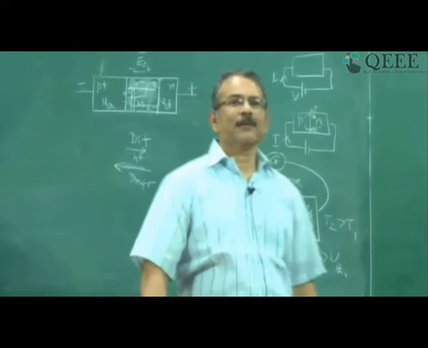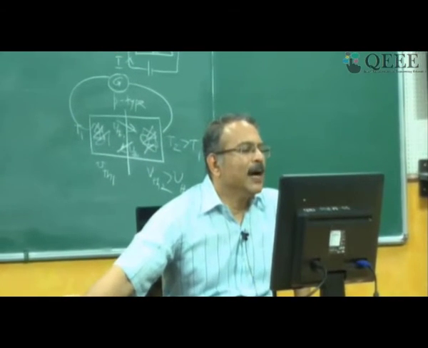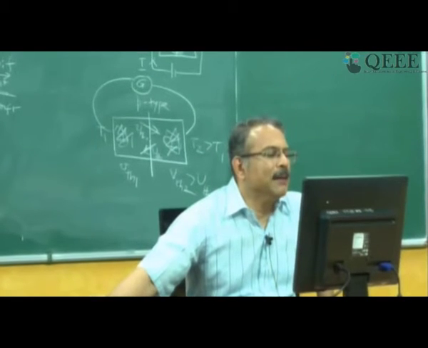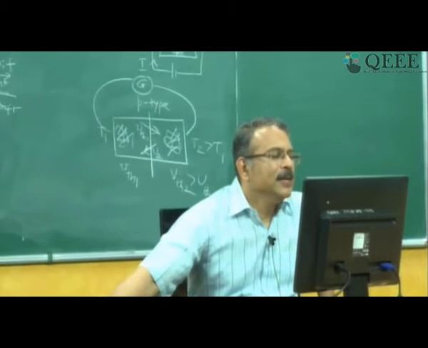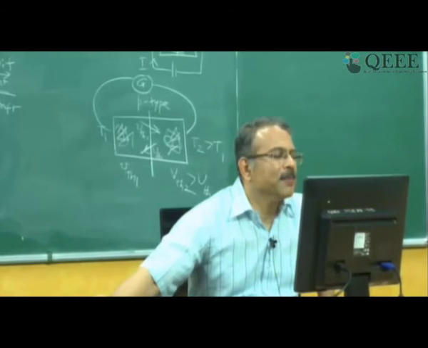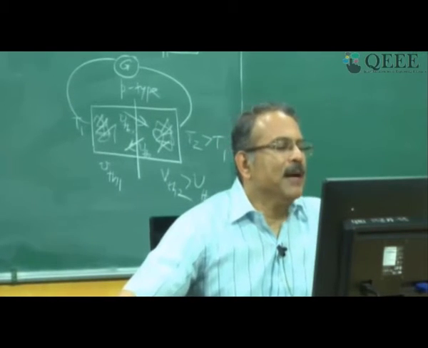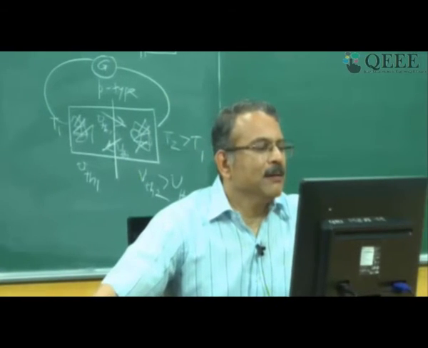Any other questions? Let us see. Sir, can you explain why majority carrier lifetime is more than minority carrier lifetime? That is one question. Next question is, what is the noise associated with the motion collision of electrons? Next question is, sir, can you explain once more how majority carrier lifetime is more? Okay, that I will. Sir, we are from Sri Vidyaniketan College of Engineering, Tirupati. My question is, why is the mobility of electrons greater than hole mobility? Okay, good. Let me explain one by one. Why is majority carrier lifetime more than minority carrier lifetime? Let's take that question.